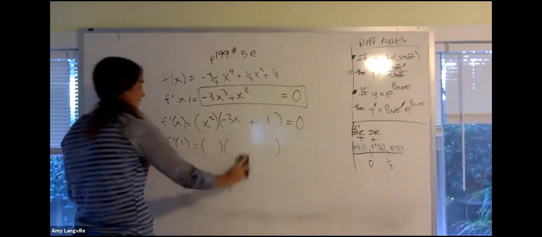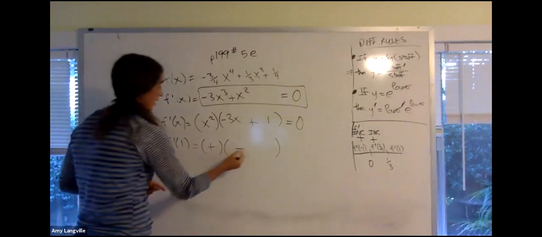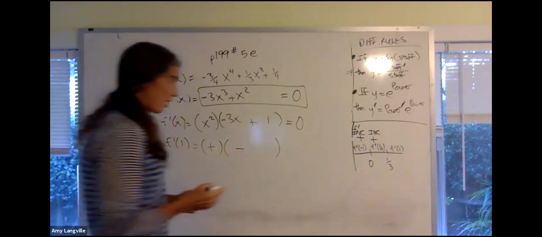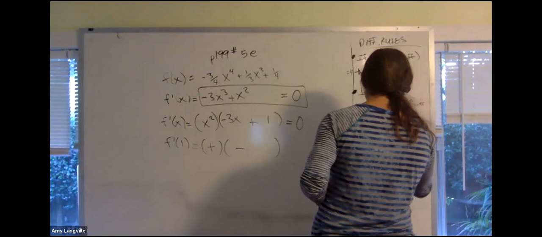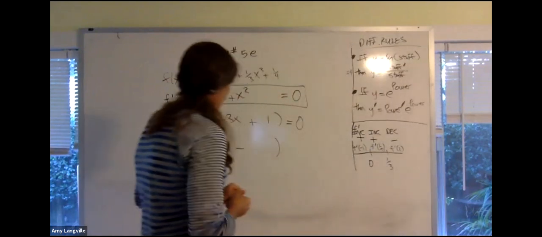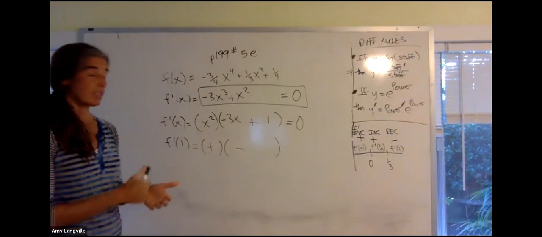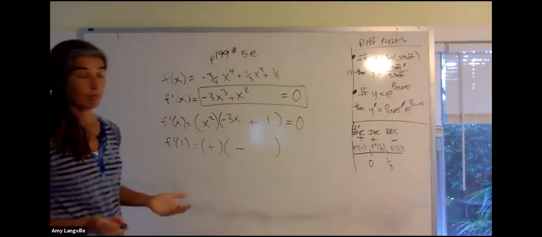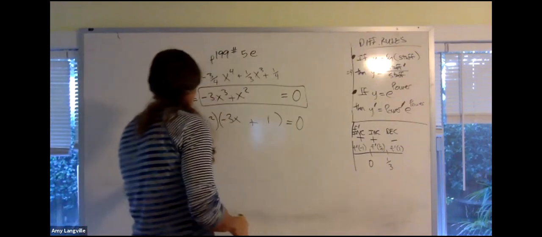So when I plug +1 into the derivative, I get a positive and a negative. And those two multiply together to give me a negative. So therefore I must be decreasing. And then once you have that f prime line, that's all the information you need. It's just a matter of actually writing it out on our test for us, that you know